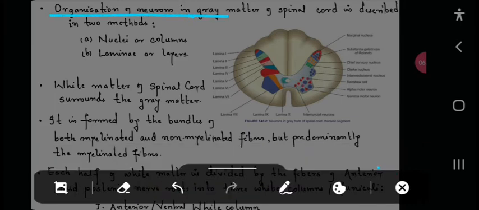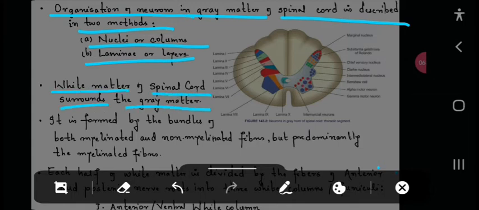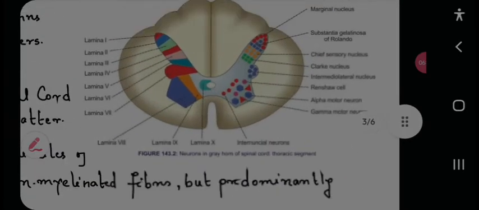Organization of neurons in gray matter of spinal cord is described in two methods: nuclei or columns, and lamina or layers. White matter of spinal cord surrounds the gray matter. It is formed by the bundle of both myelinated and non-myelinated fibers, but predominantly myelinated fibers. So here you can see